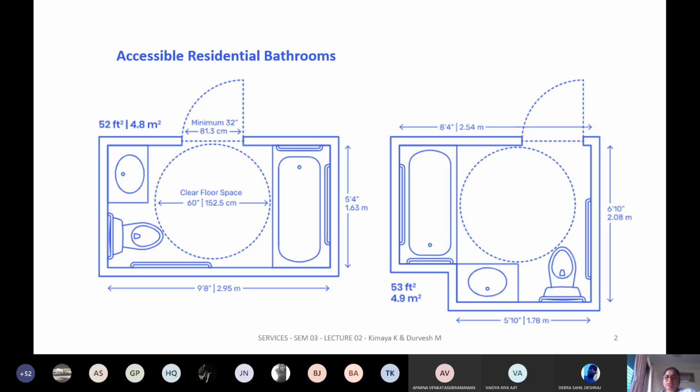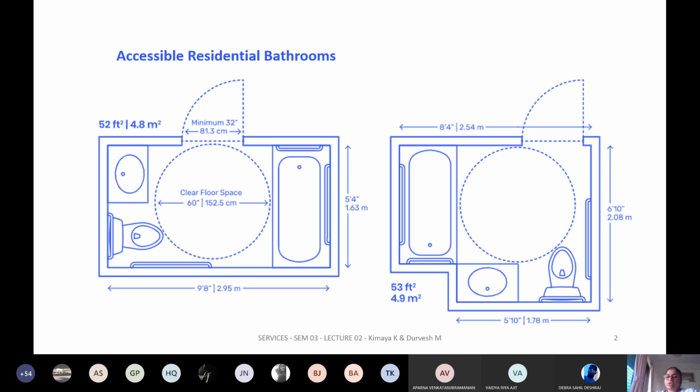So when you enter, now this is very clear. What happens in a toilet design is you always have a wet area and a dry area. Wet area is nothing but where your shower area or your bathtubs are. The dry area will always have your cistern, which is nothing but the pot, and the wash basin. Please make sure you write down these technical names.